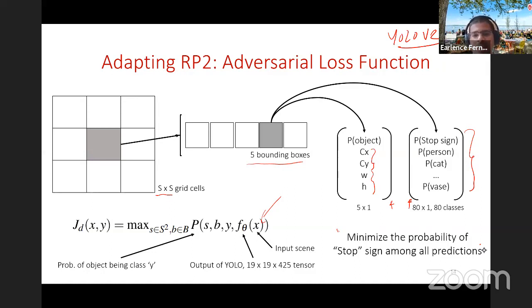You keep doing this through several rounds of optimization, and eventually the probability of a stop sign appearing in the scene will be below the notification threshold of YOLO. I believe YOLO uses a certain threshold, I believe 20% in our implementation. If the probability of an object is above 20%, it is going to show you that information saying, hey, here is this stop sign. If it is below that, it's going to suppress it. And so the goal of the optimization was to essentially always minimize the probability of the stop sign.